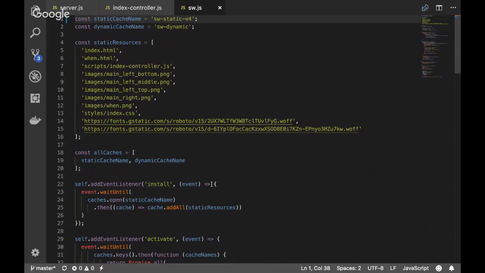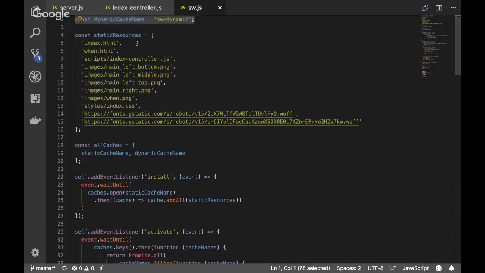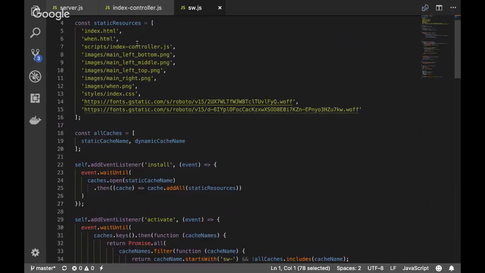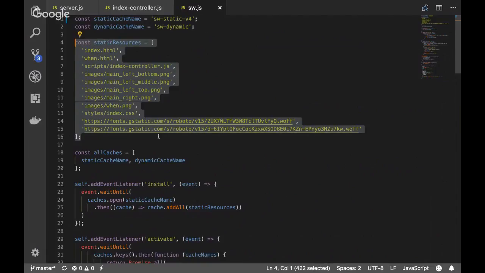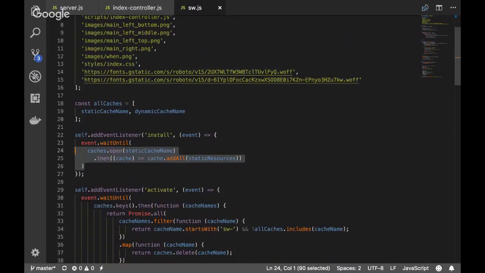Then the next piece of code will be your actual service worker script. I call it SW.js, but you could call it anything. And most of the time, I would think it's advisable to put your static and dynamic cache name. The reason being, you might need it to clear data later. And for me, I always declare these static resources so that when a service worker gets installed, I tell the cache API, open up the cache, and add everything here.